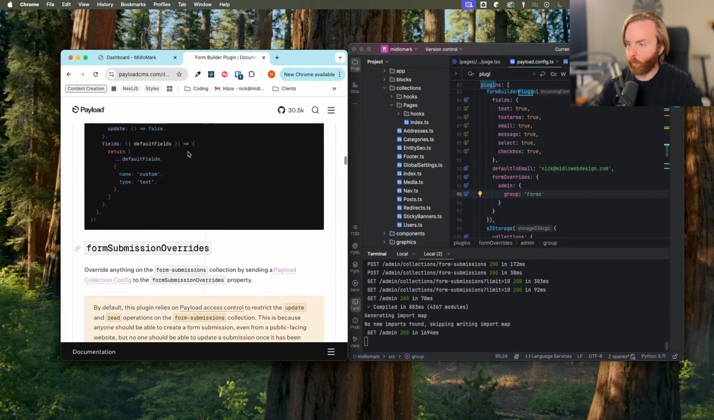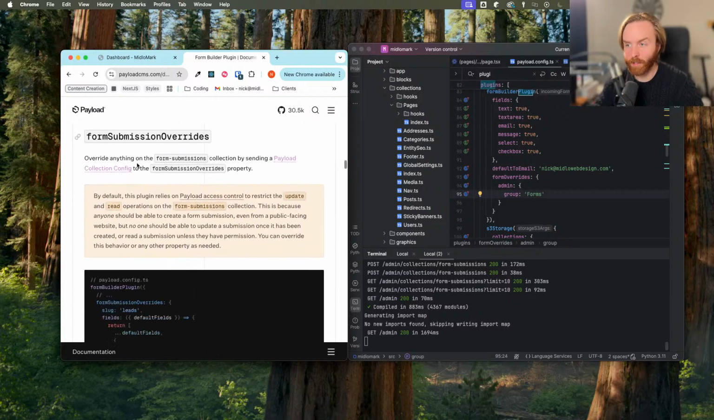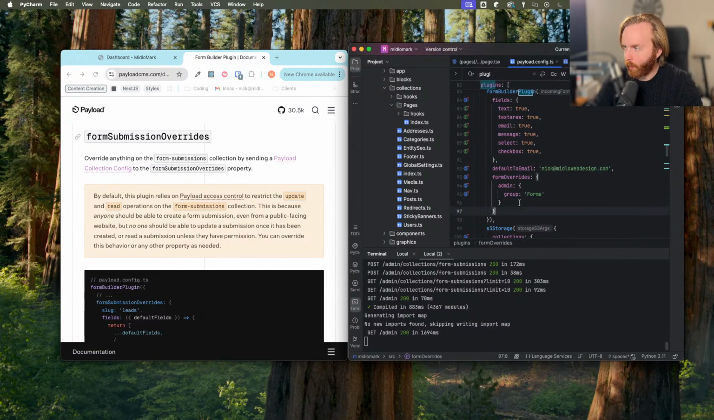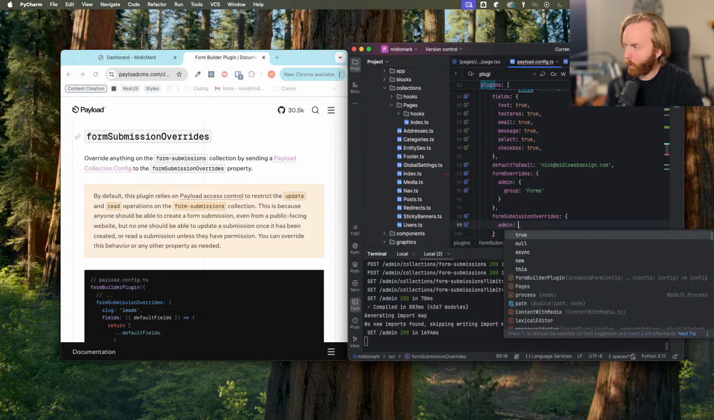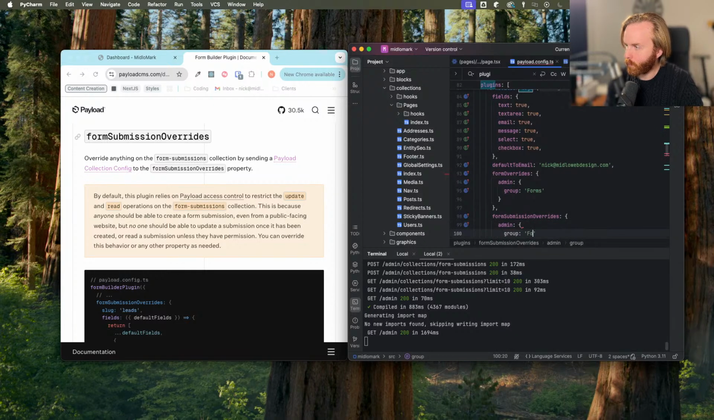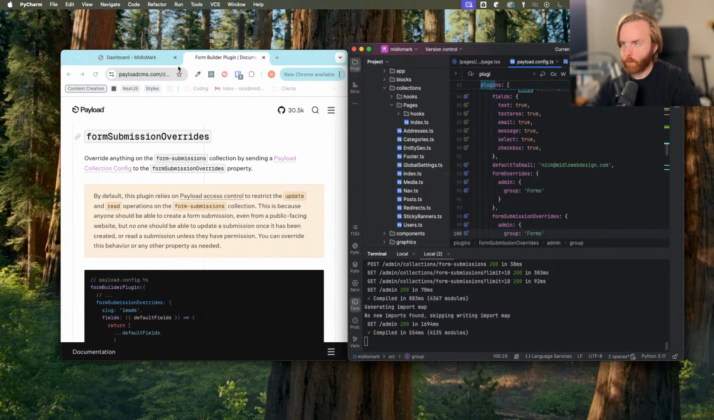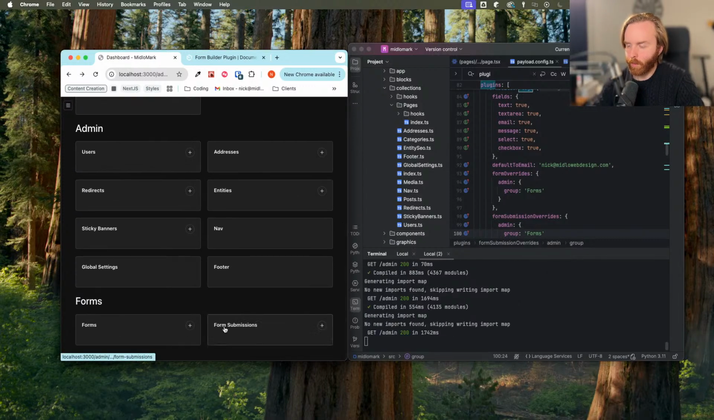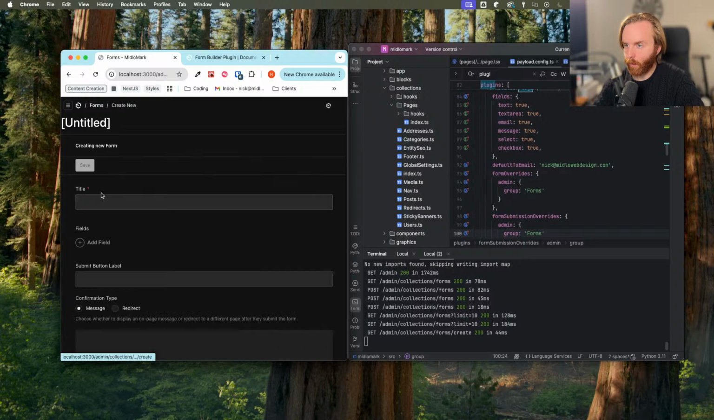Why didn't the form submissions come down though? I guess that's the form submission. Okay, so I just glanced over these, but these are actually incredibly helpful. So we can override anything in those collections, which allows me to do what I need to do here. So group forms. So that should drop both of these into the forms group down here. Perfect, great. So let's make a contact form. Create new form,